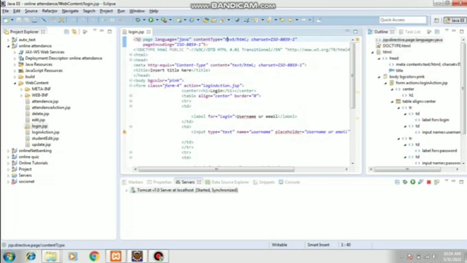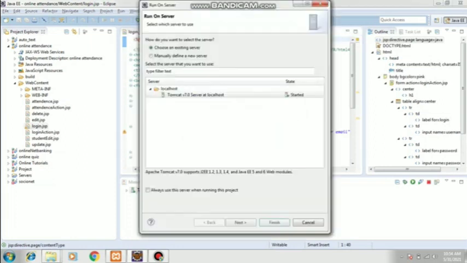If you want to run, go to the green icon on top of the screen, okay. You will get one screen like this. So you must have started with the local server. You need to attach the local server. I have explained you in a previous video. If you haven't watched, please go and watch that video, then come to this particular video, okay. Just click on finish.